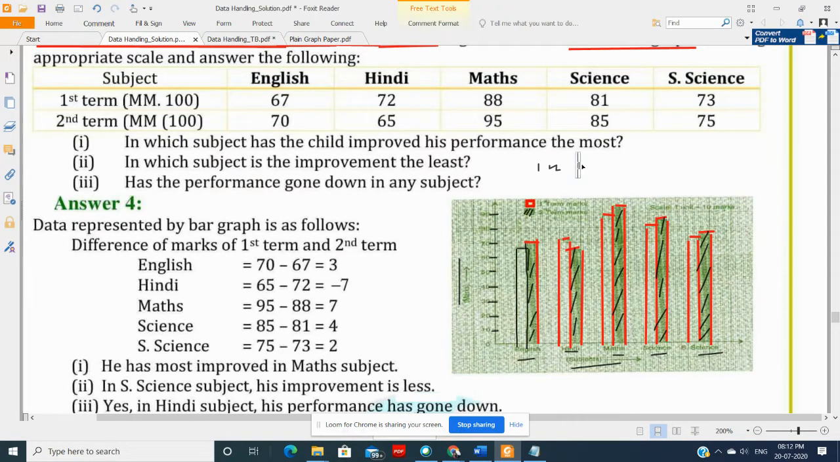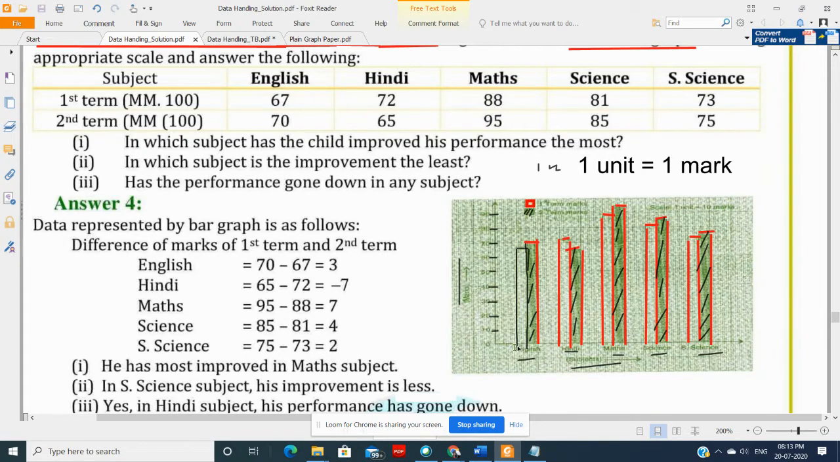So, 1 unit is equal to 1 mark. Okay, so it becomes very easy for us to mention it. 67, so after 60 there would be 7 lines, so that gives us 67 marks. For the same subject but in the second term, 70, so you'll just mention 70 and you join both of them